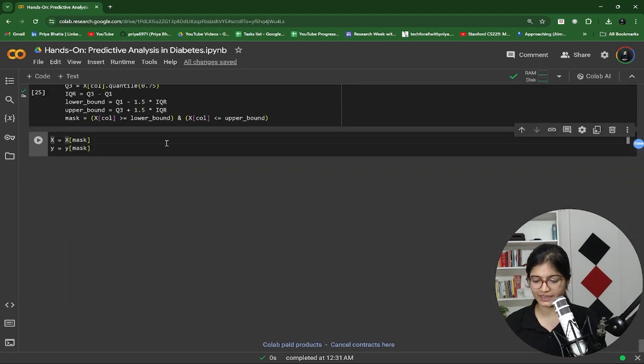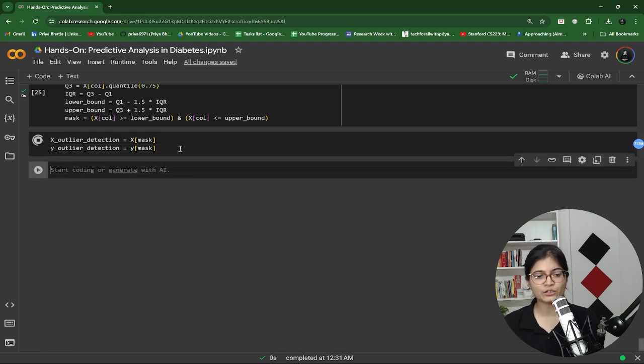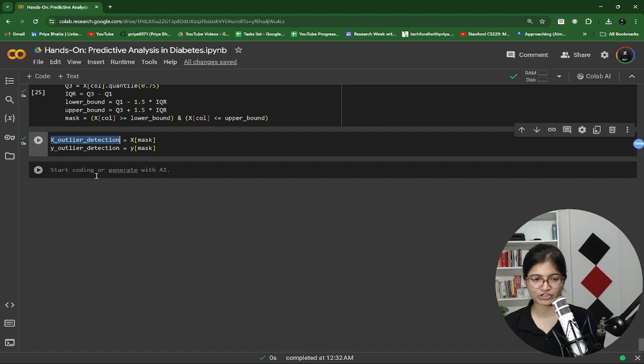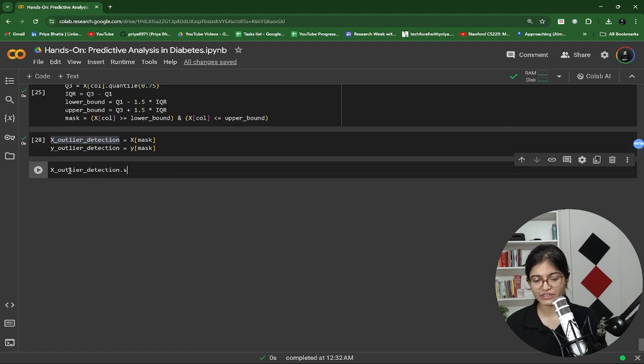But now let's say we have applied the outlier removal, you can name it X underscore removed, or maybe after outlier detection. As of now, this is the naming which I am getting in my head, but obviously you can rename it in a better way. So we will be able to get our new data points after outlier detection. If you check the shape of these